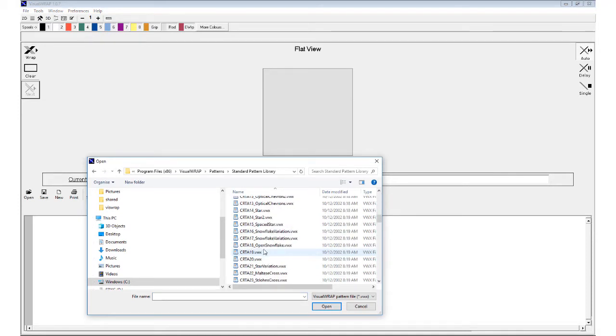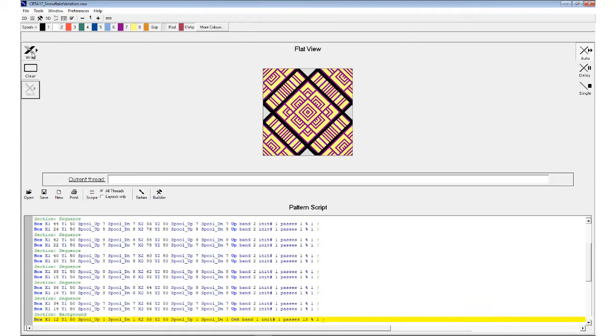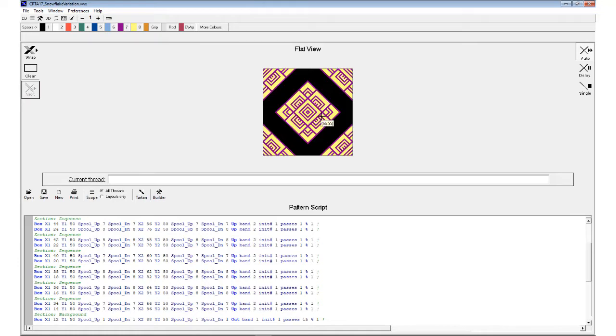In this case, the snowflake is custom rod thread art number 17. And once it was loaded, I could have wrapped the pattern, seen what it looked like, and